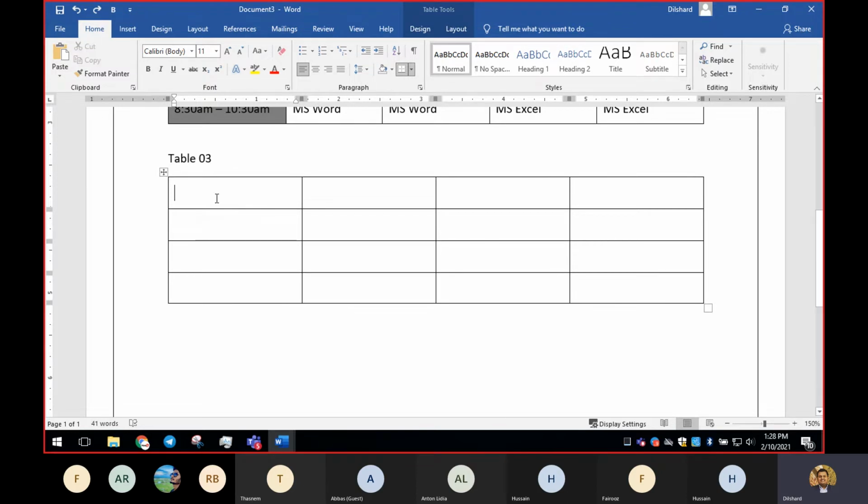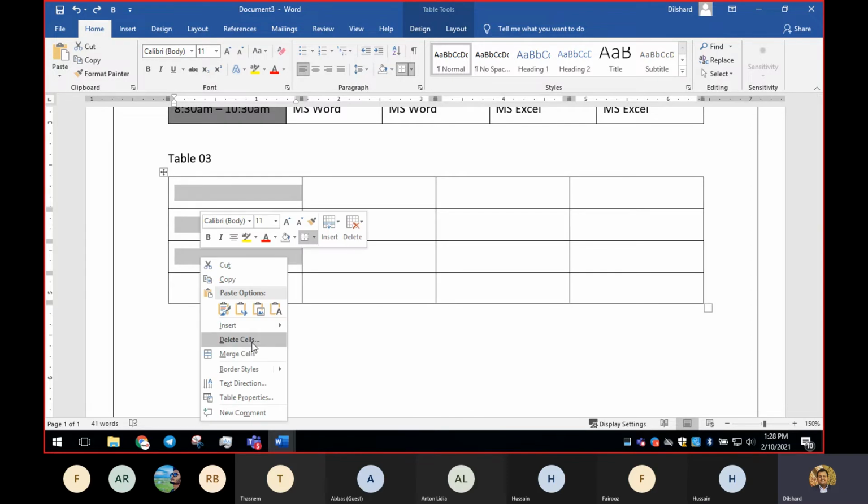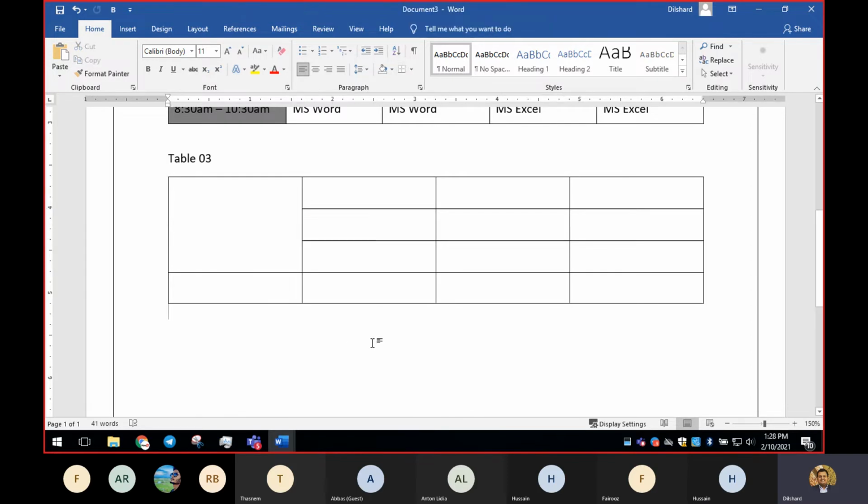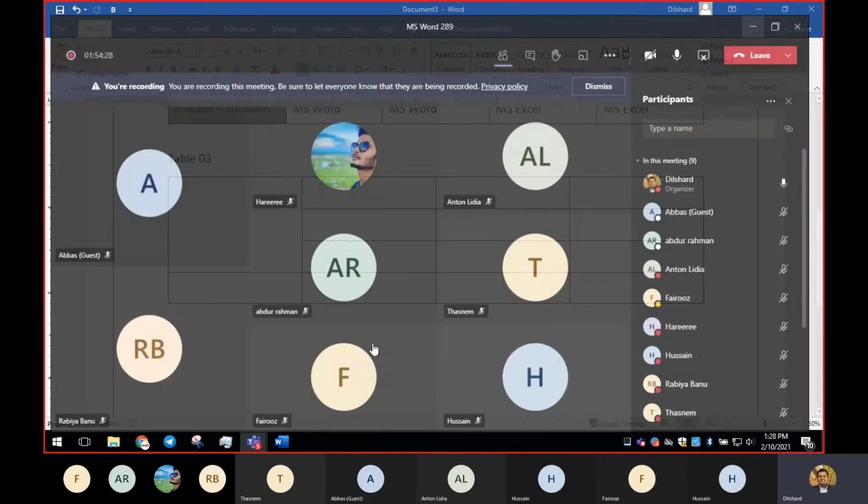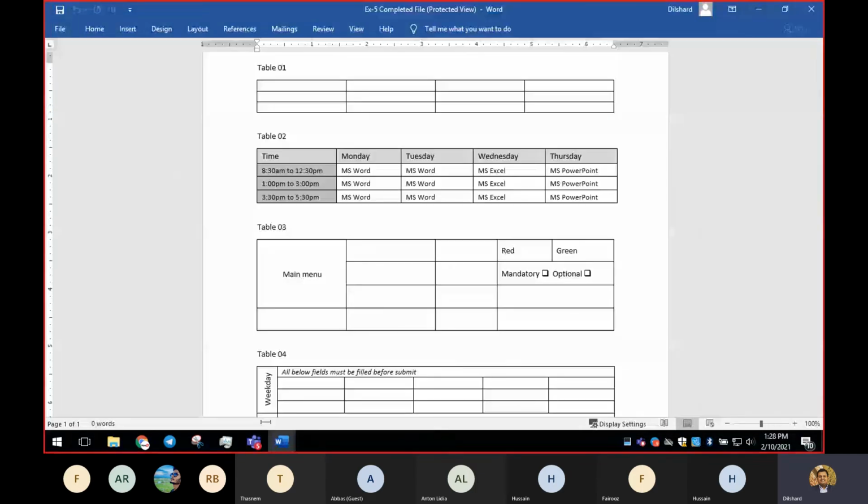So I'm going to highlight these 3 and right click and say merge cells. Simple, right? That is to merge cells together. But if you want to divide, right? So here that is what we're going to do. We merge cells together, but in this case we have to divide. We have only one, but in this final outcome they have shown you two, right?